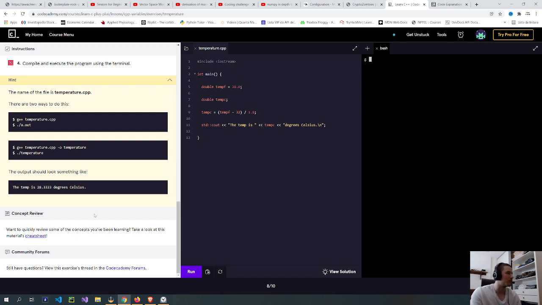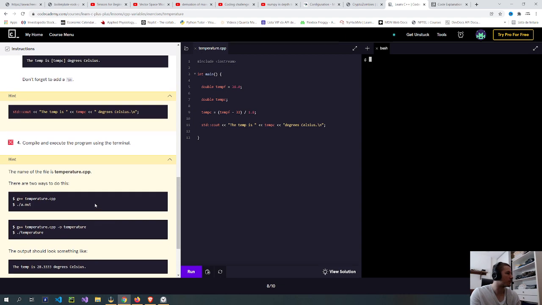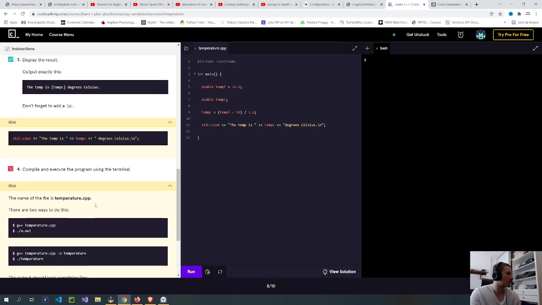I have no idea what's wrong with this. Seems like I did exactly what they're writing here, unless I'm missing something that I'm not seeing.